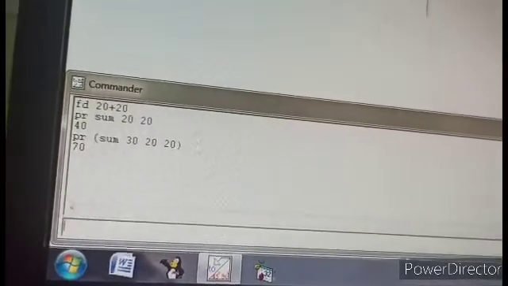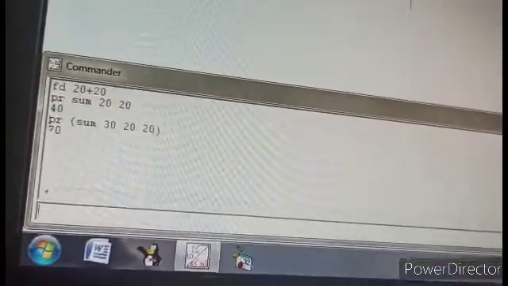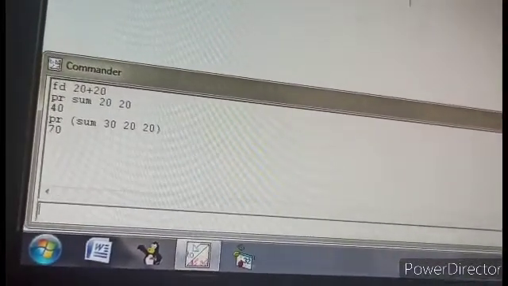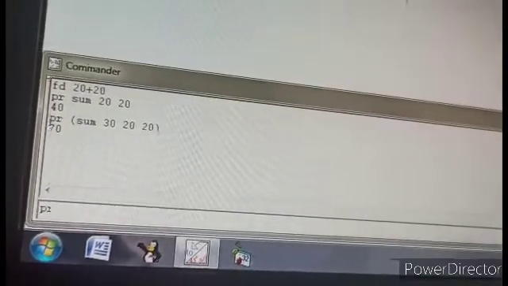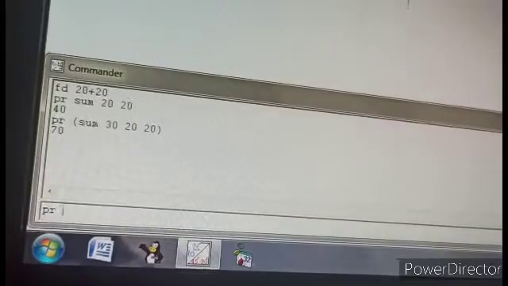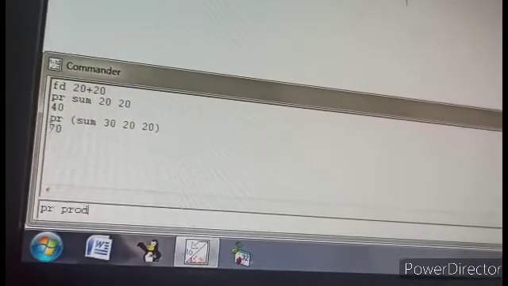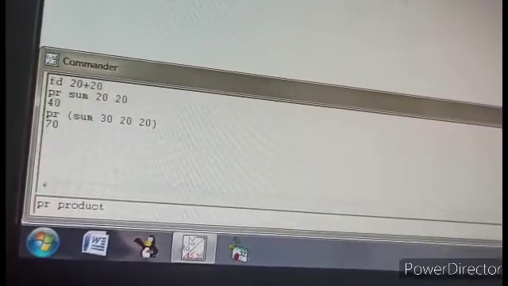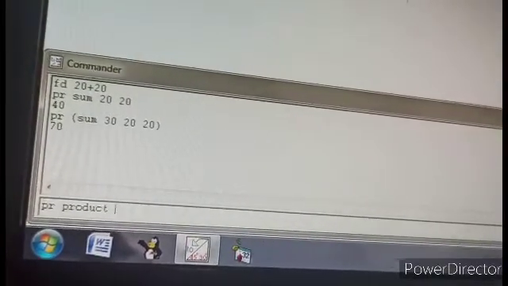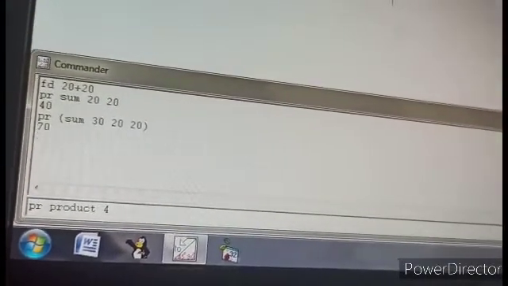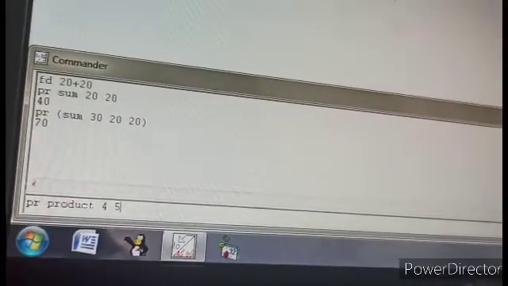Next, in this way we can do the multiplication or product also. How? PR, then space, product. The word for multiplication is product. Then 2 numbers, 4 space 5.